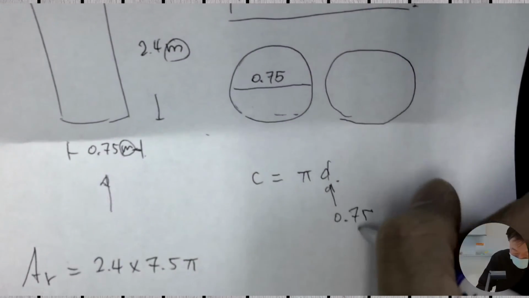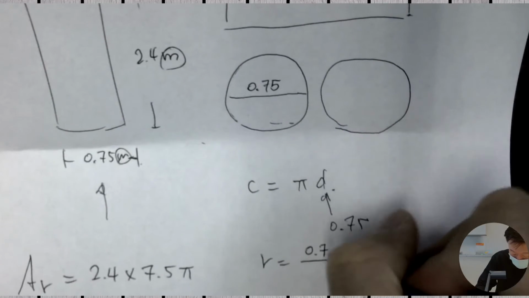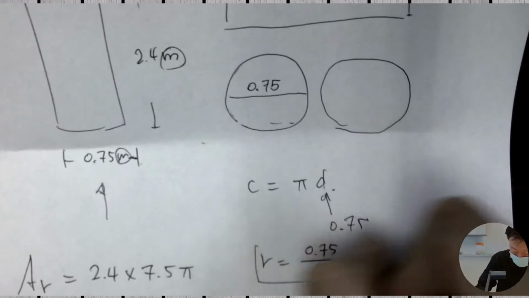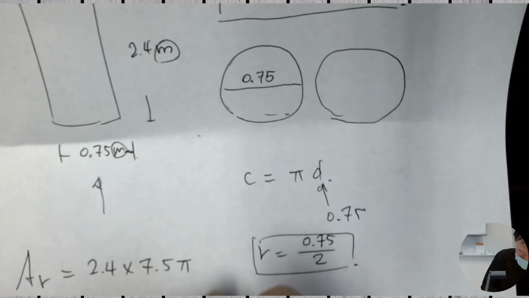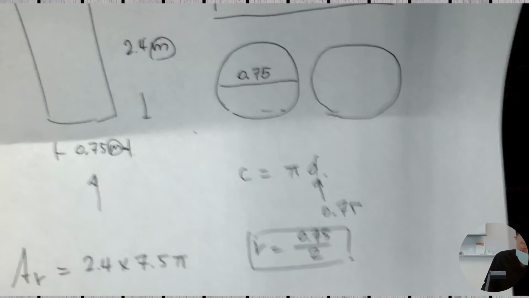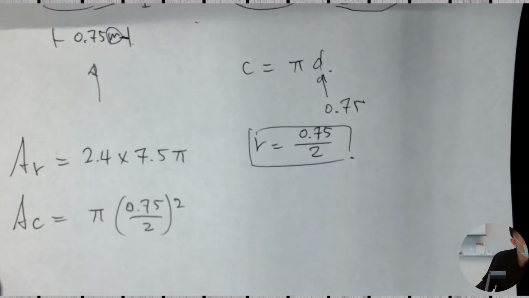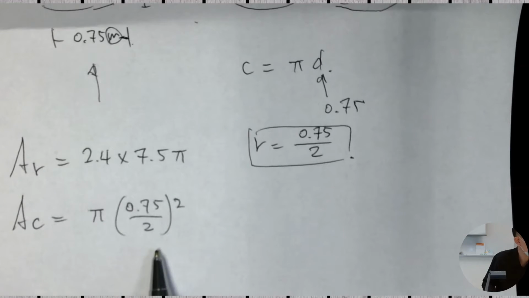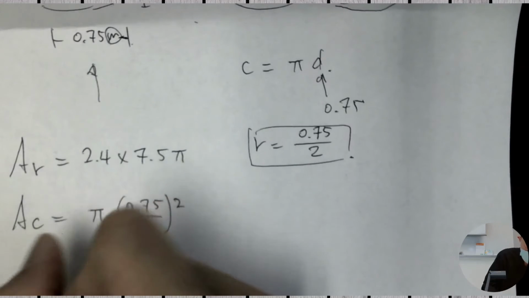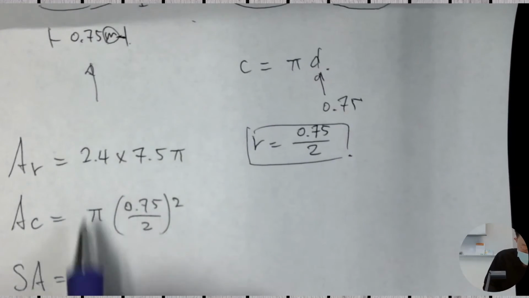So pi times r squared. R is half of 7.5. Okay, so I need to square that. Therefore, 0.75 divided by 2 to give me r, and square it. Making sense? And I'm going to leave them like this. Do the calculation at the end when you write out the formula for surface area, which will be